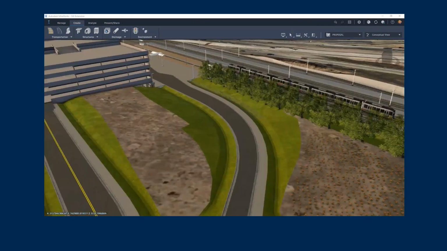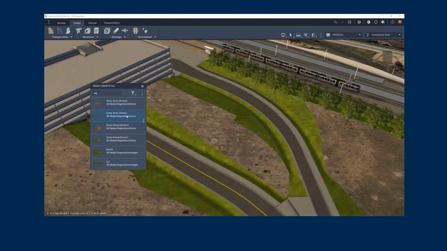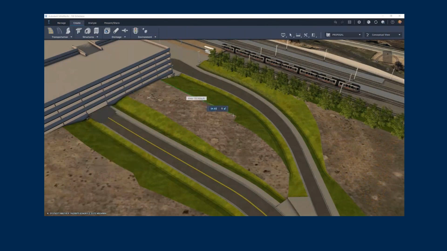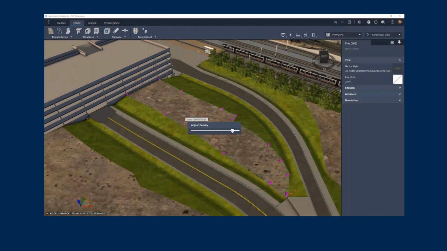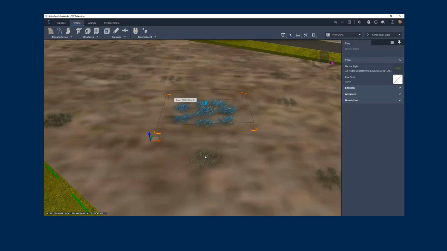Let's go to the vegetation or landscape part of things. So we have the new function of creating certain plants or vegetation. The process is exactly the same, where we can define the area and adjust the density. And if you zoom in, you can see now it has created these individual components, and that looks